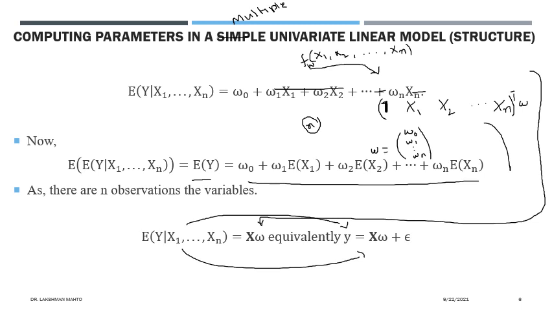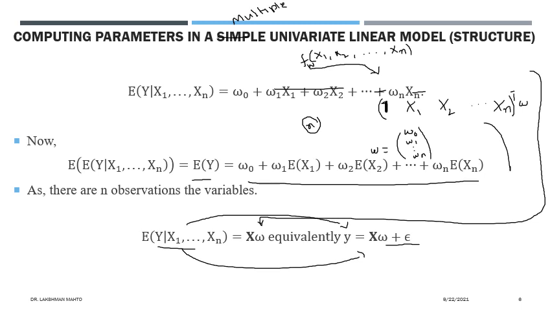But if you always write this one, it is taking time. So just for simplification, here we are writing y equal to x times omega plus error. Definitely error would be there, because it is a linear approximation we are talking about. That's where error definitely would be there. So the next question would be, what are the parameters of the error? What is the expectation of error? What is the variance of error? Those we have to calculate.